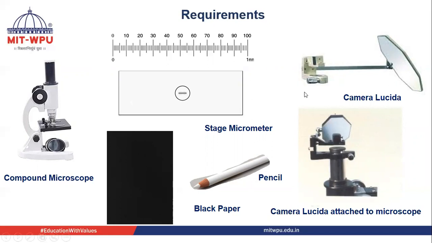The camera lucida has an attaching ring like this. With the help of this attaching ring, I have placed the camera lucida on this tube. First I need to remove the eyepiece, then insert this ring, and with the help of this screw I can tighten it. Once it is fixed properly, I will keep the eyepiece over it. This is a prism, you can see here. This part should touch the eyepiece; it is above the eyepiece, but it should be parallel to it.